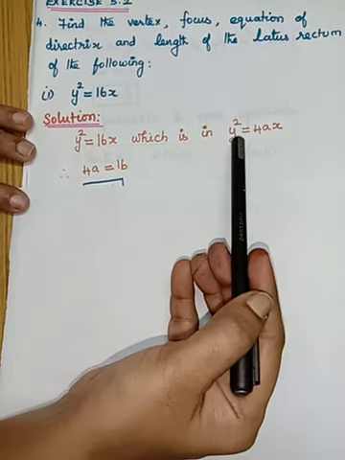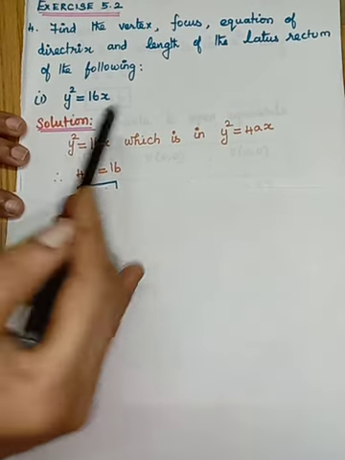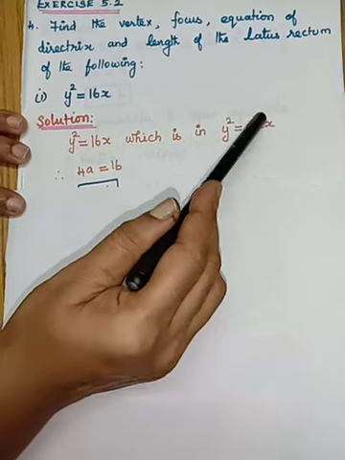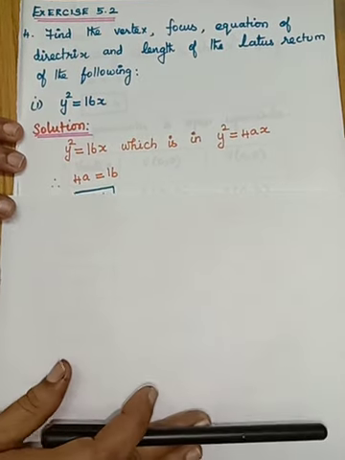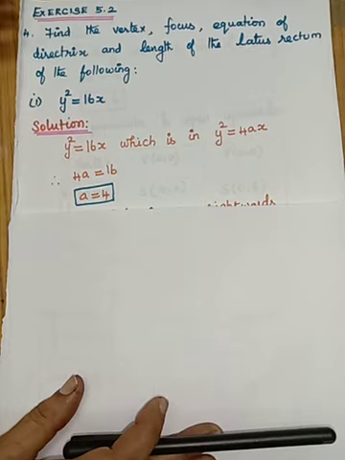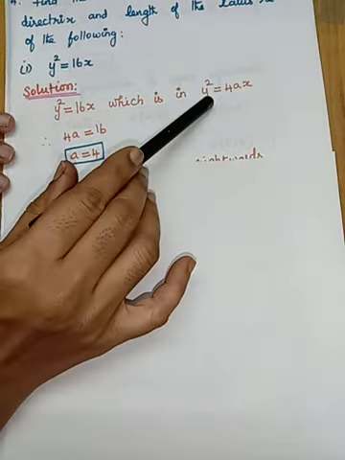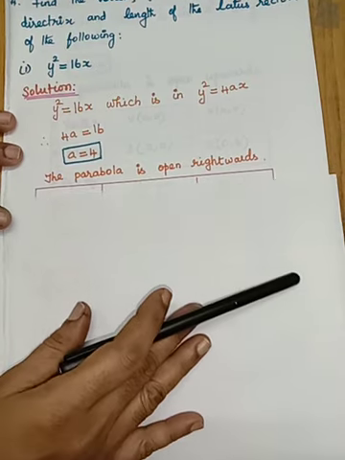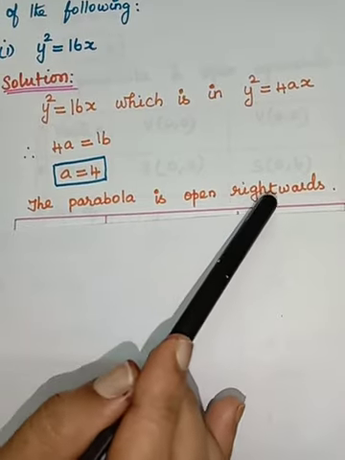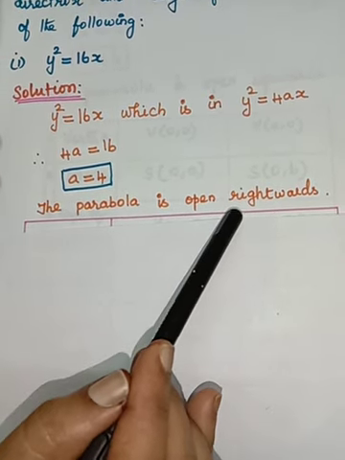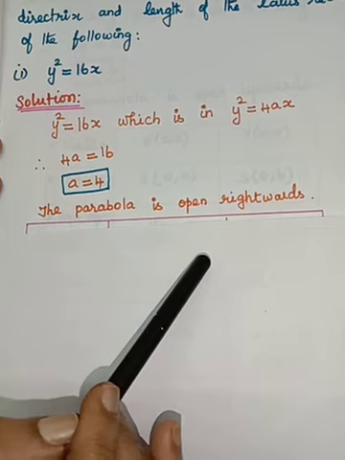It looks like y squared is equal to 4ax. So while comparing these two equations, in the place of 4a you are having 16. So 4a is equal to 16. From that a is equal to 4. From this standard form, we can very well say the parabola is open rightwards. So if the parabola is open rightwards, we should know what are the vertex, focus, equation of directrix and length